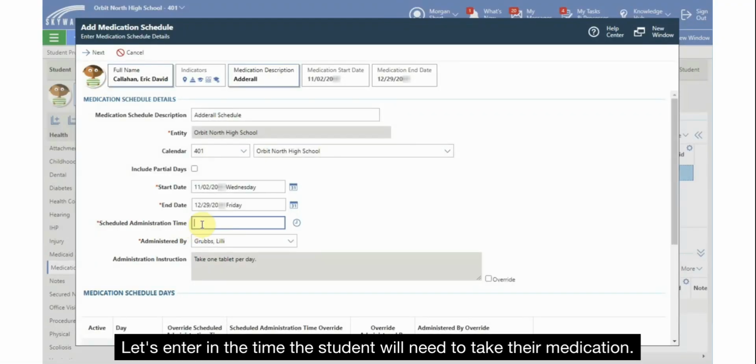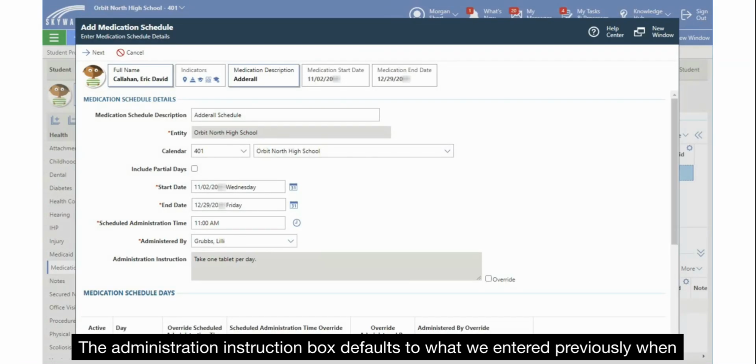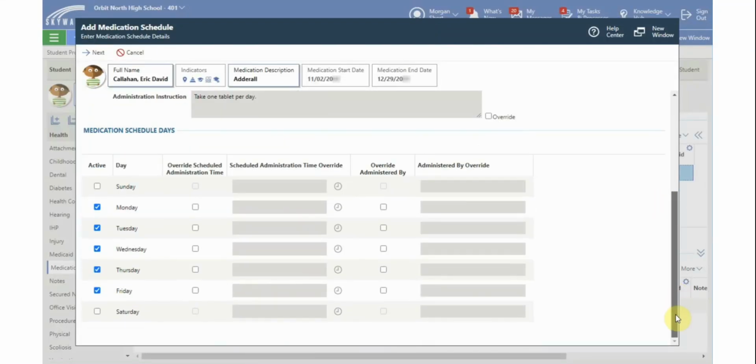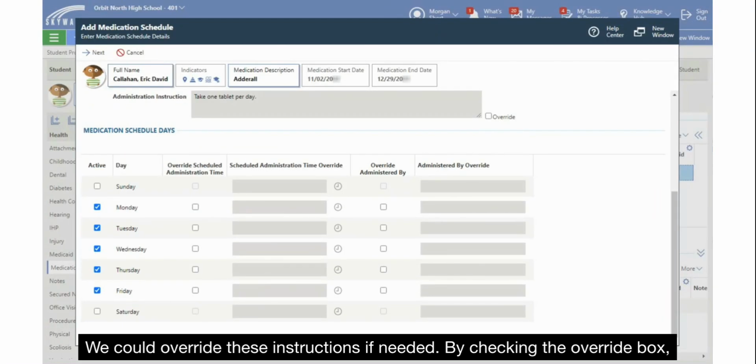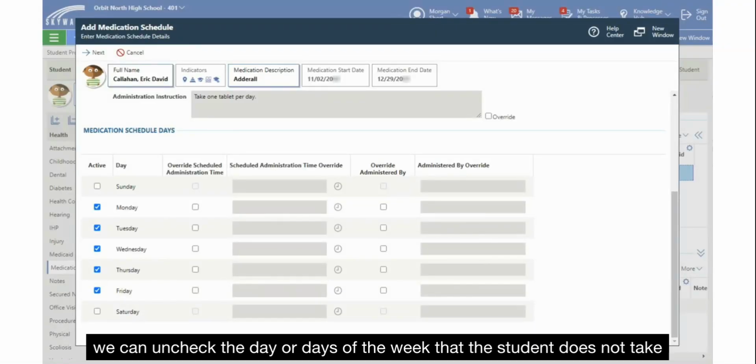Let's enter in the time the student will need to take their medication. The Administration Instruction box defaults to what we entered previously when creating this medication record. We could override these instructions if needed by checking the Override box. We'll leave this unchecked. Under the Medication Schedule Days heading, we can uncheck the day or days of the week